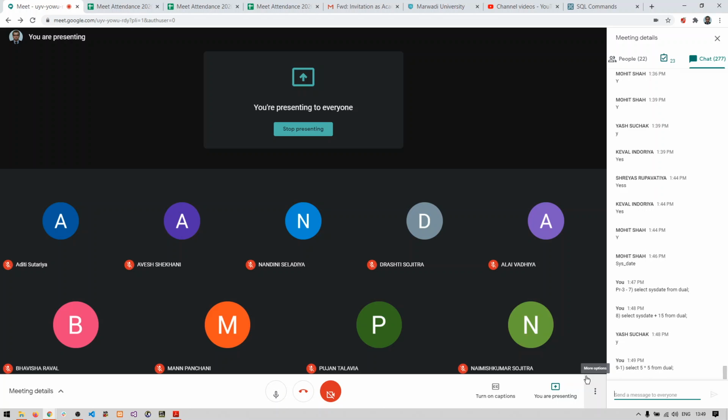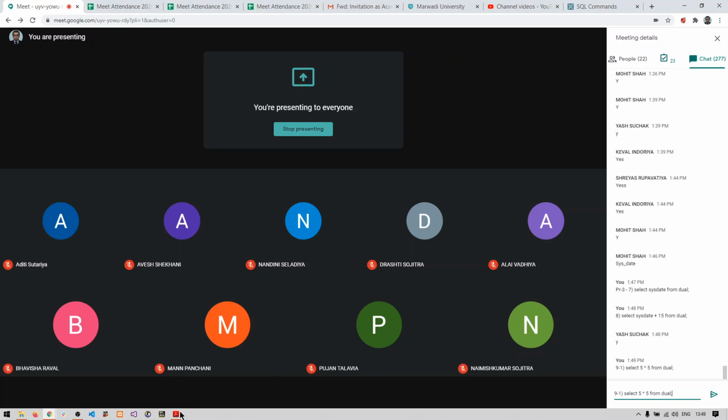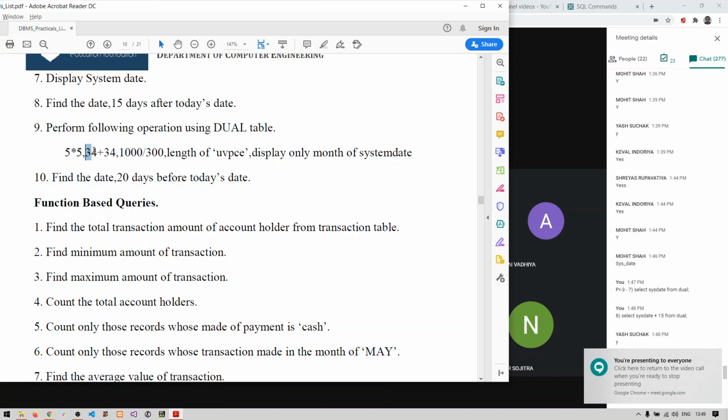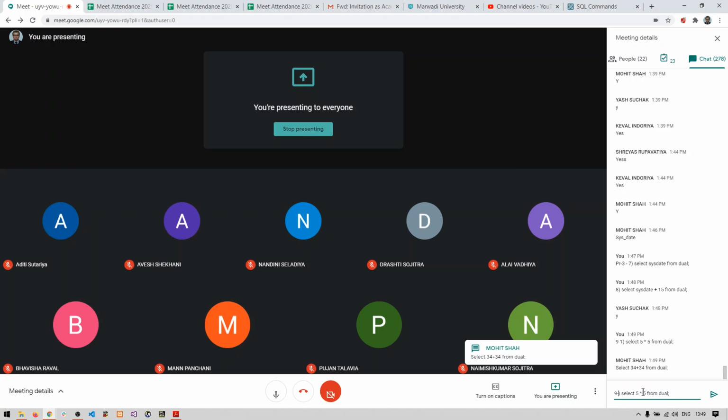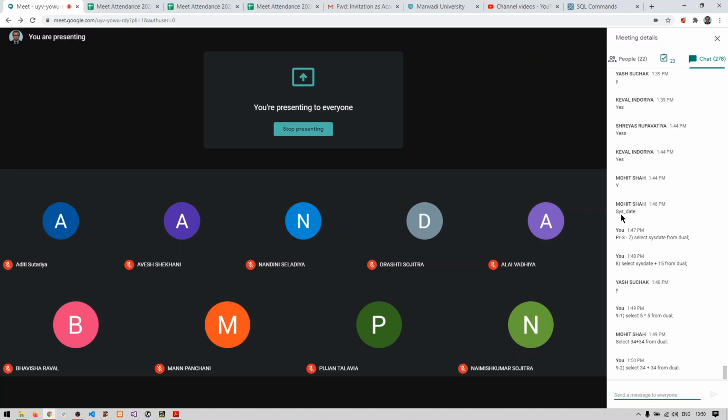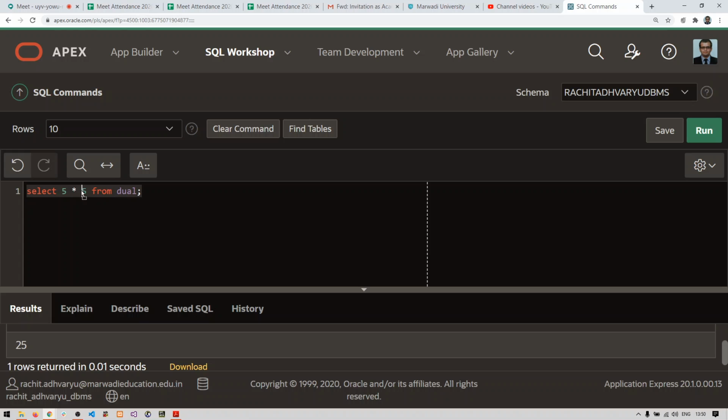For the 9th second query, can anyone give me the answer? 34 plus 34. What will be the answer? Exactly, the 9th second query will be select 34 plus 34 from dual.